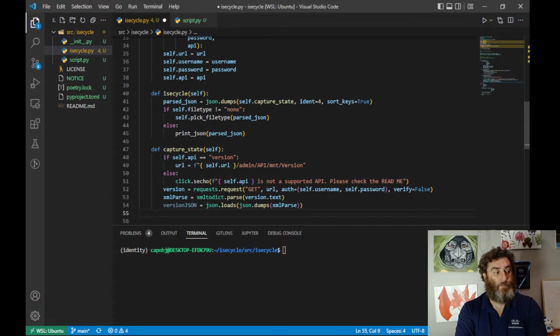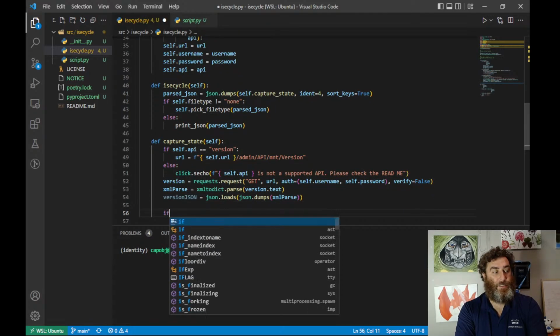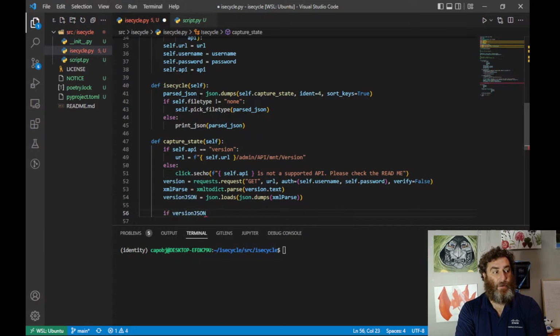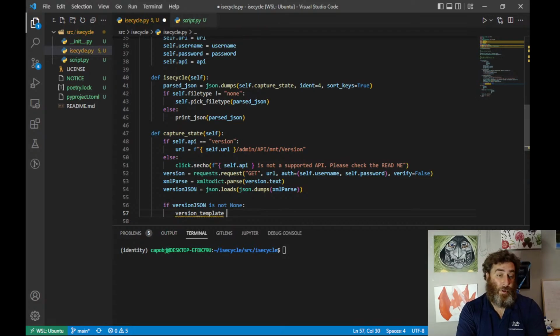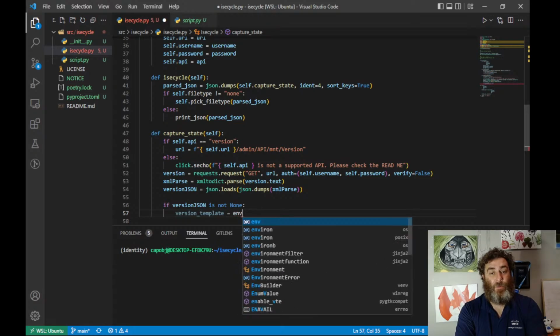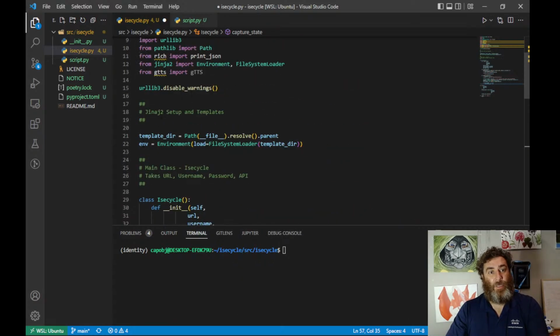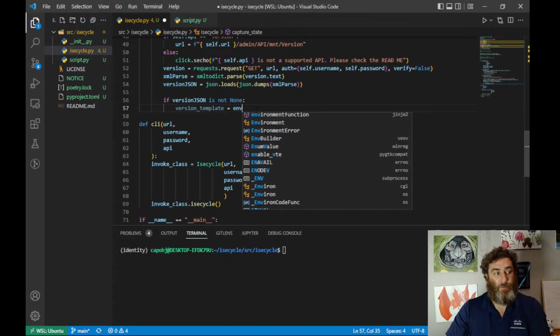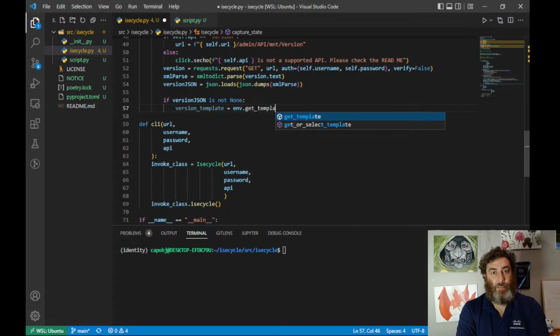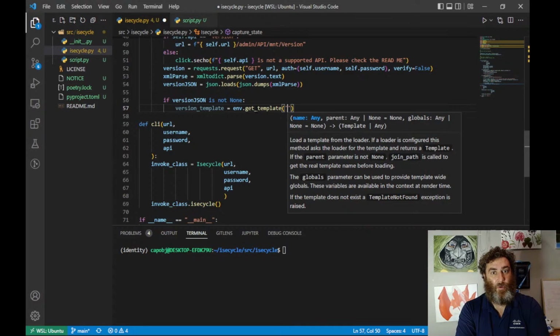Now, what I want to do is handle this to say if version JSON is not none. If it's not empty, then we're going to make a variable that's going to hold our templated output. So version template equals, and this is where we call that environment. Remember, environment is holding our Jinja2 path. So environment, and we're going to invoke the .get_template, and we're going to call this